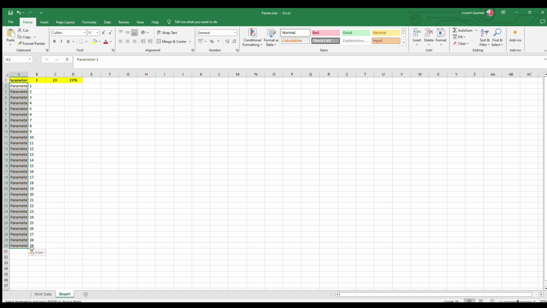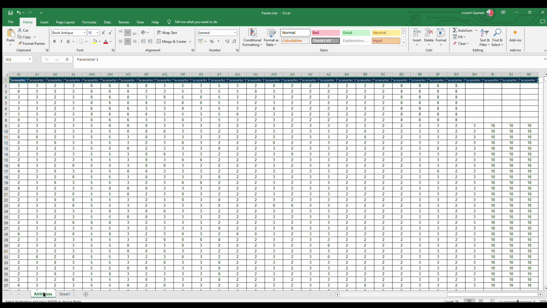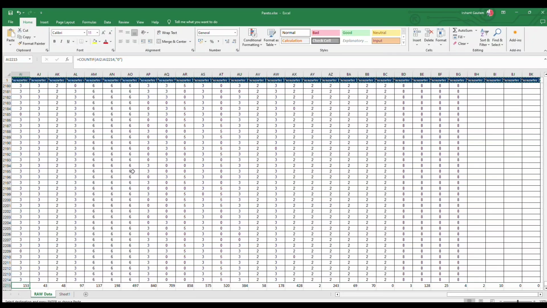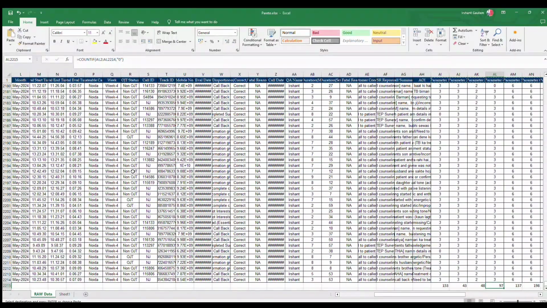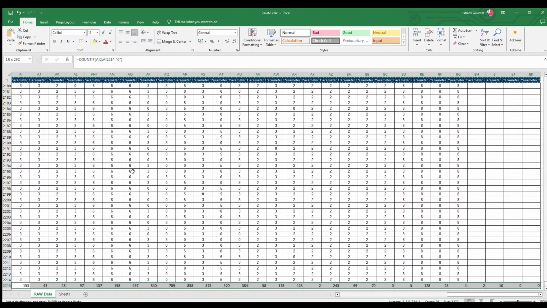Again we need to go to the raw sheet and we have to select the count which we have found, that is 0 in each parameter, right? We need to find out 0 in each parameter, and these are our parameters or the frequencies for the desired parameter. We need to again select all these frequencies, then again Shift, Control and right arrow. We need to copy it,